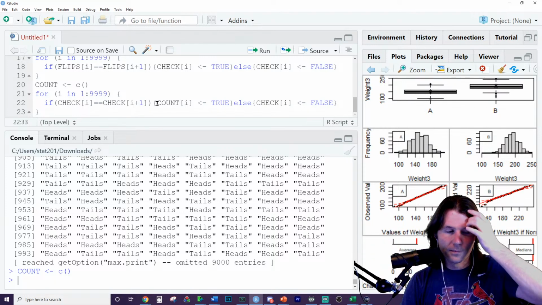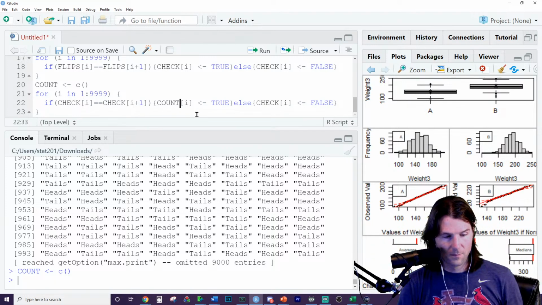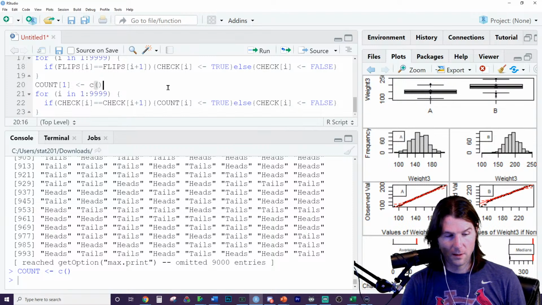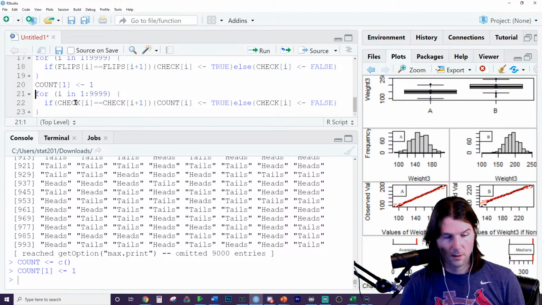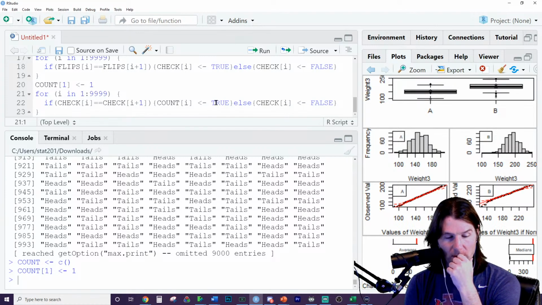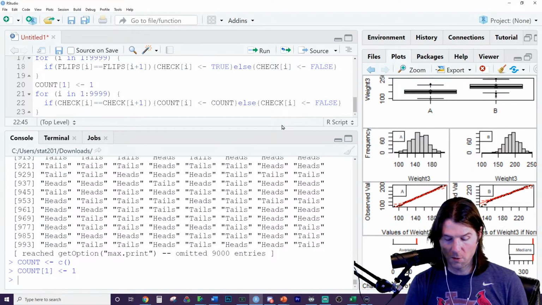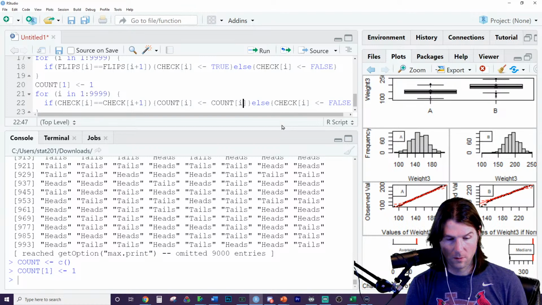Let's see here. No, it's not going to do it. Then save into count. We might actually need to do this: count position 1 is equal to 1. If save into count position, this is going to start off at 1. If it's equal to it, then save into it. Count position 1 plus... No, okay. So we need to start off on 2 here.